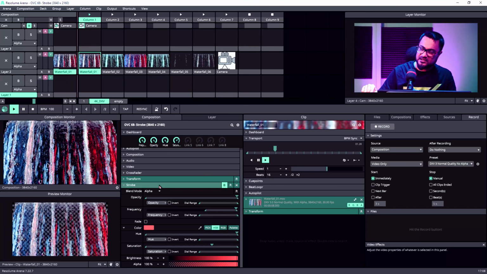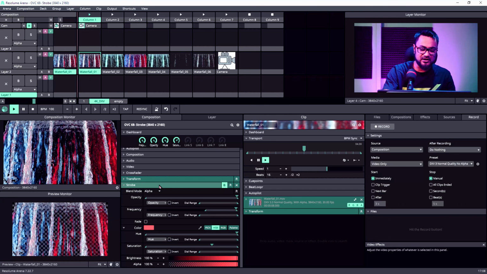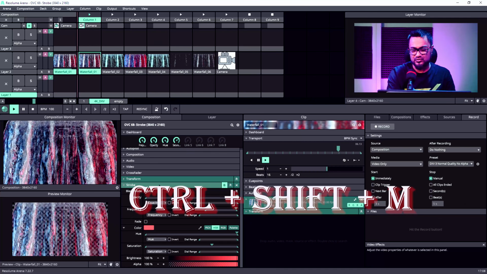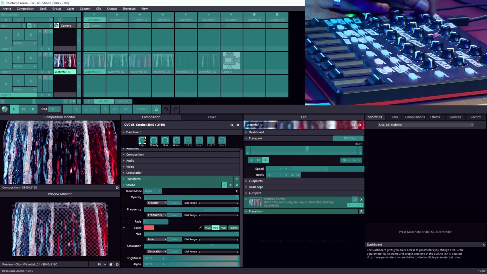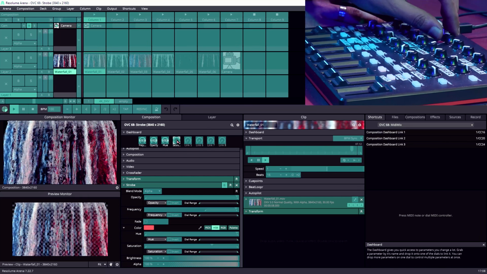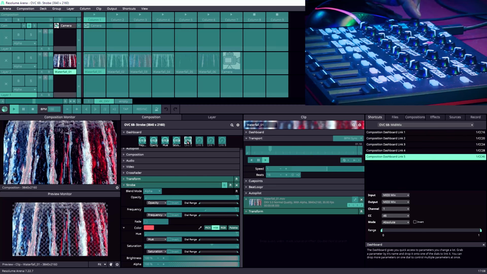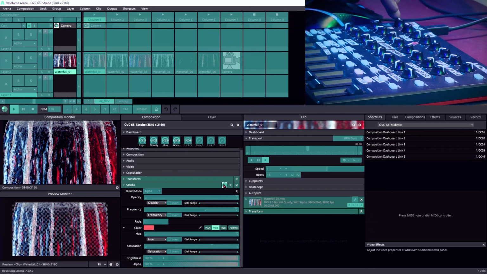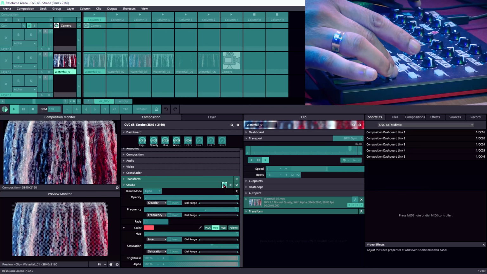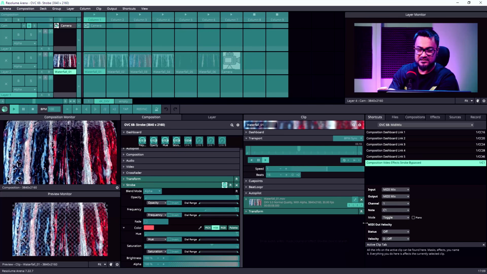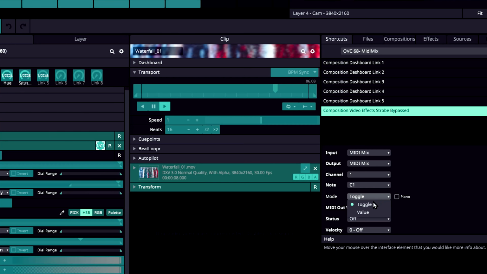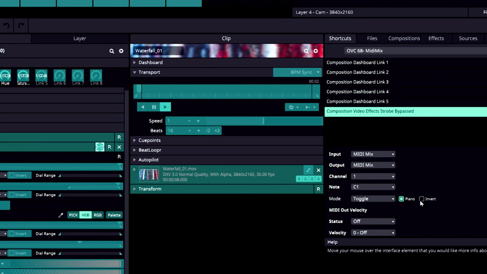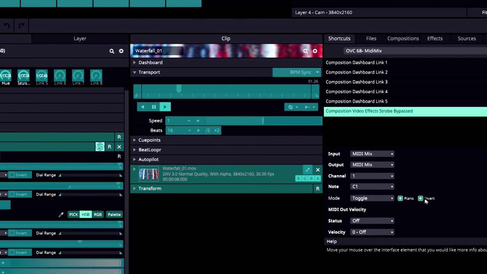In here, I'm going to connect a few knobs to my dashboard and control. To do that, let's press Ctrl+Shift+M. Let's connect this one for the dashboard, and for the bypass I would use this one. Let's make sure that our button is toggle and this is a piano, and of course invert.